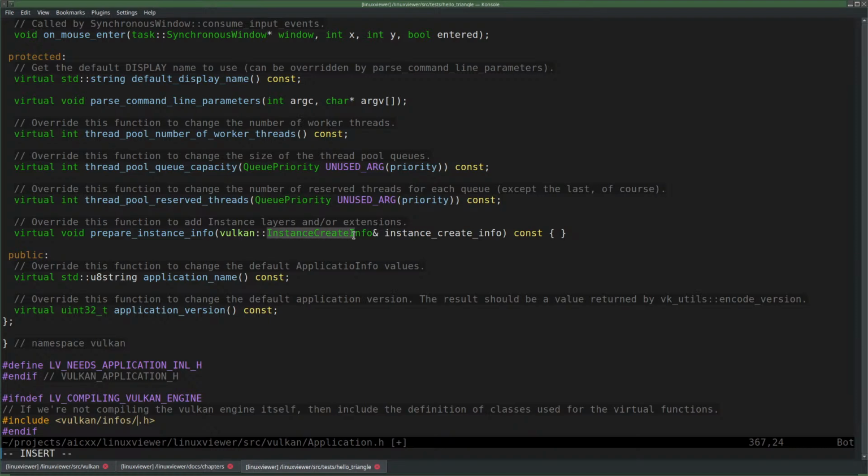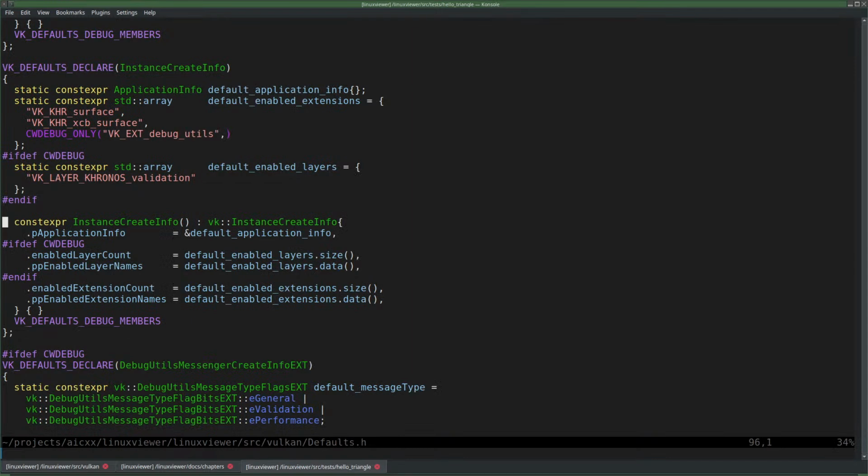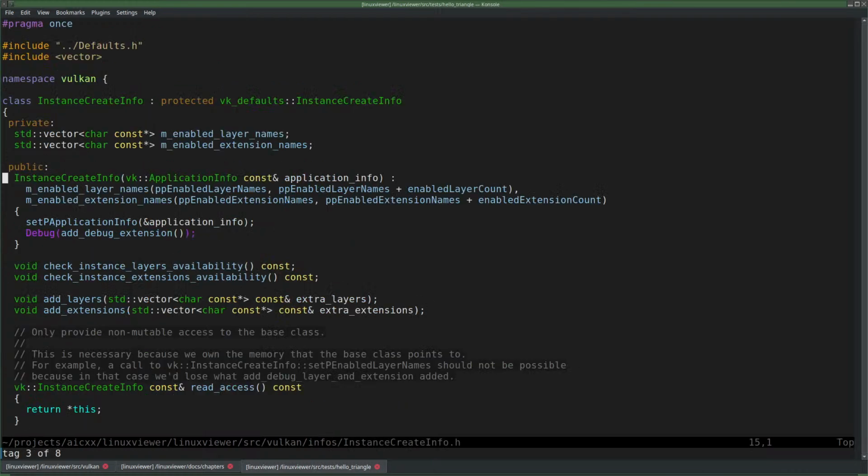Instance create info. Was that defined? It looks like it's defined here, or not. Vulkan defaults. Probably this one. Infos instance create info.